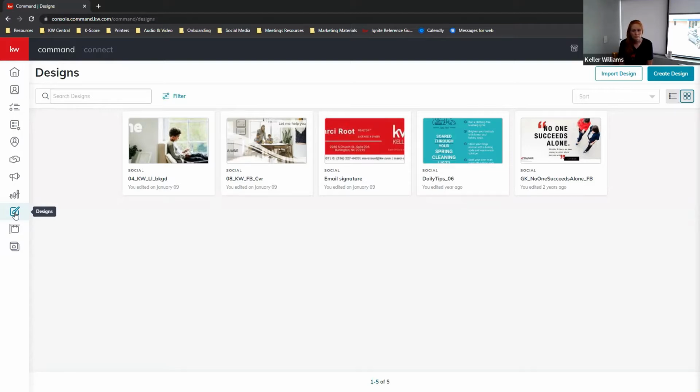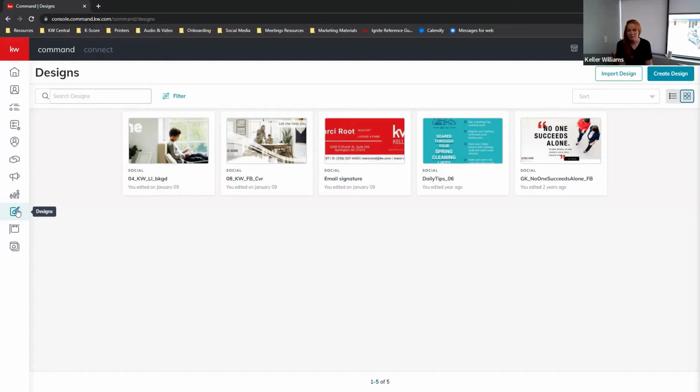I also found a really cool little trick too. Obviously publishing is really expensive if you want to print this kind of stuff. There is a way that you can embed this into an email and send it out to people as well. It's kind of like a PDF. And instead of you having to pay someone to host it, I'll actually show you how to get Command to host it for you at no additional cost. Just means you don't have to pay extra for something a lot of people pay extra for.